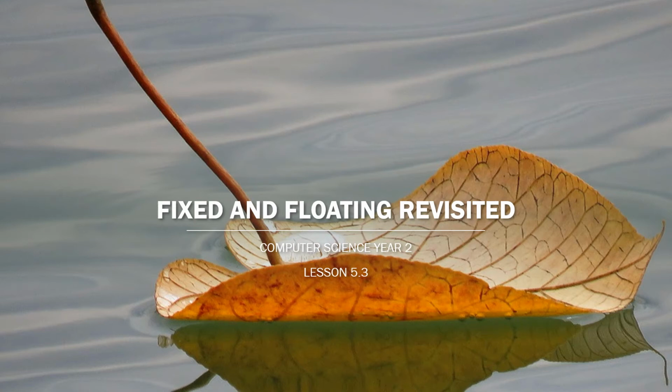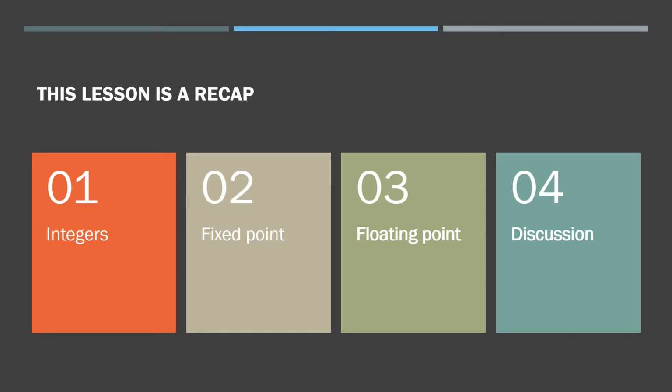So this is the final lesson in our whole 5-week series on binary maths, and I just want to revisit here the meaning of fixed and floating point numbers. So this lesson is a recap of things that we've done before, and I just want to look at how we represent binary integers, fixed point numbers and floating point numbers, and then there's a chance that some discussion topics